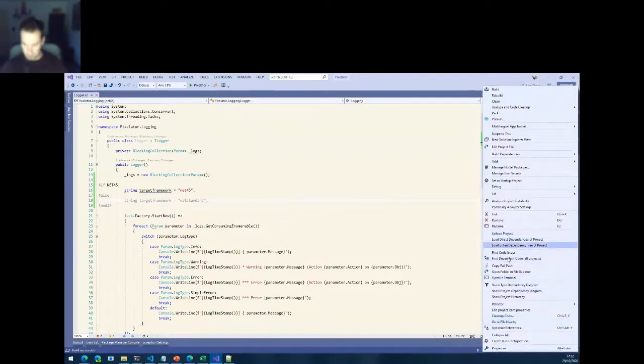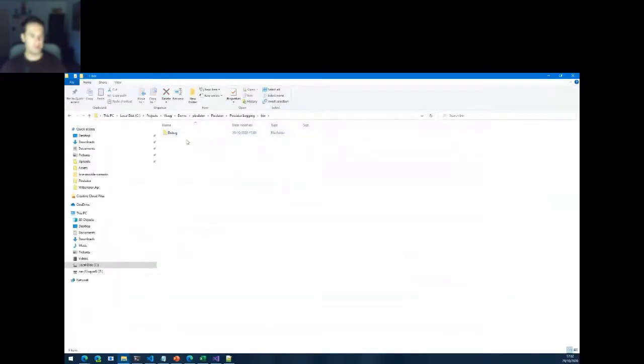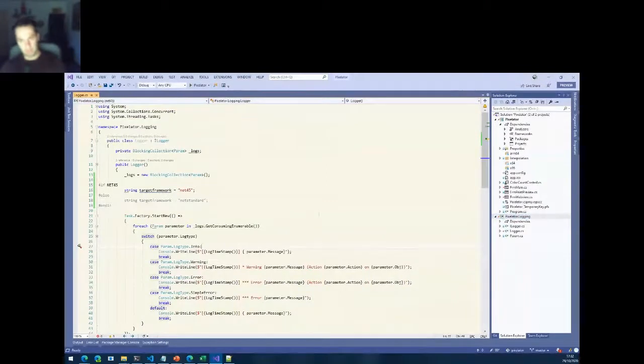And if you take a look at the output, you'll notice that for every framework, it generates a separate DLL. So this might also come in handy when you're porting over a set of applications, or you're starting a new application and you need to reference the same assembly. You can make its output to separate frameworks. Might come in handy.